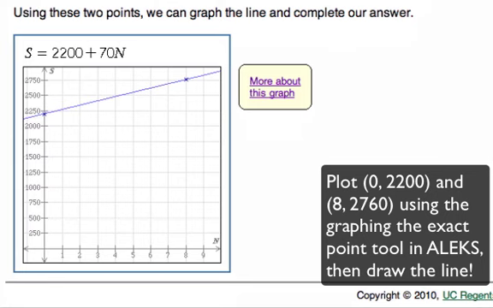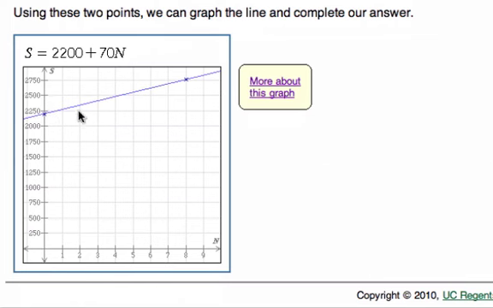So this is what this would look like. And they did plot the 250 here, and you can see that this is not the exact point. So you can't just use the pen